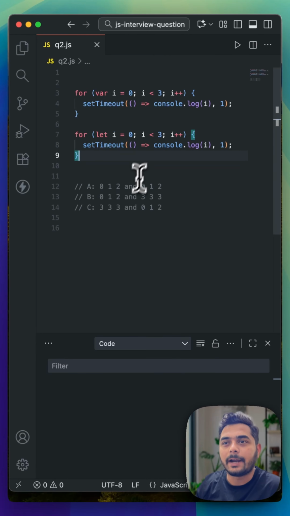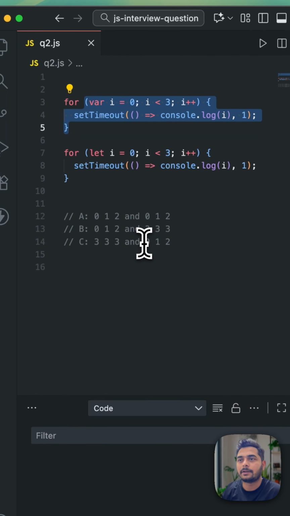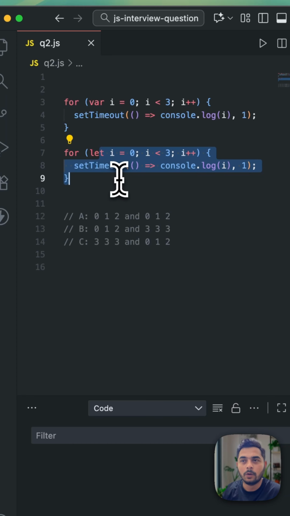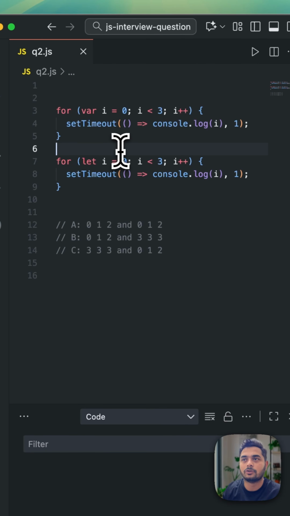For this one, the right answer would be C. That means the first loop will print 333 three times, and then the second loop will print 012. The idea of this question basically lies in two concepts. The first concept is scopes, the block scope and the functional scope, and the second thing is